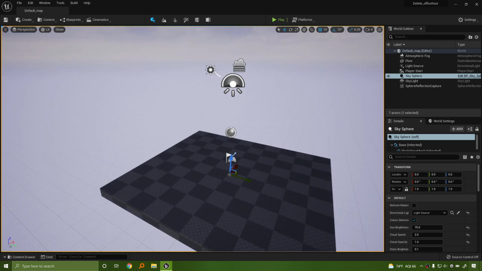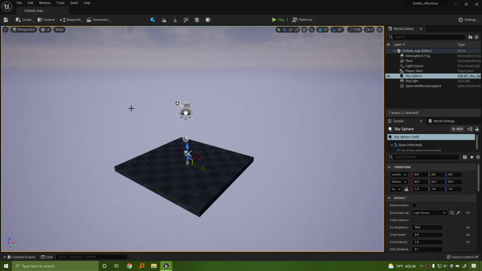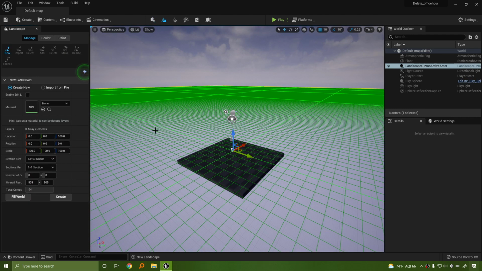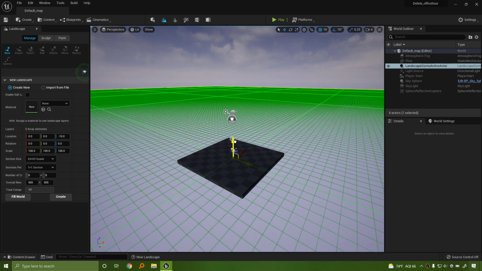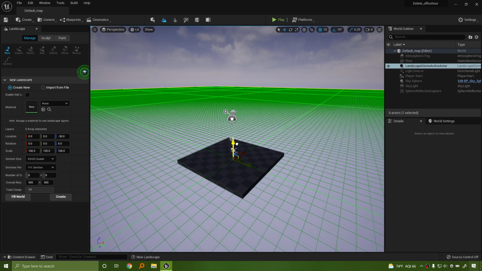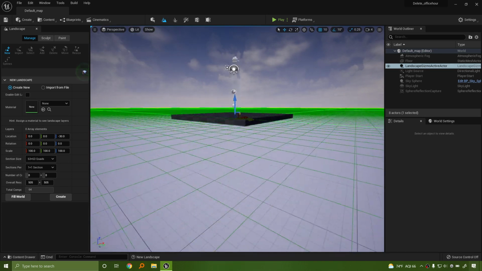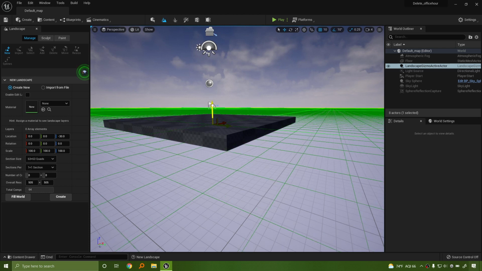I'm going to go ahead and delete my ground here in a sec. But what I want to do is, since I'm going to build kind of a larger space. Actually, yeah, I'm going to build a larger space. I want to make a landscape. You don't have to. If you want to just do the thing where I multiply this 3 by 3 by 3 to make 9 ground squares and build on that, by all means. But if you're going to be making a large environment or making kind of like whatever it is you want, and you want a space to kind of play around with it, I strongly recommend using the landscape tool. You can use the landscape tool by activating the landscape mode in the top bar here.